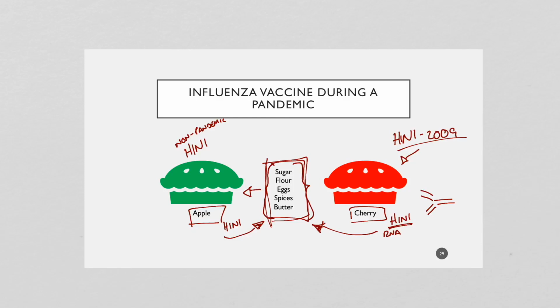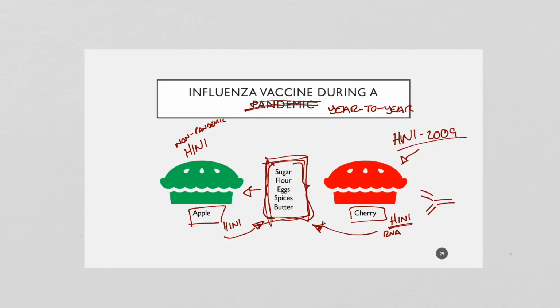You were not going to have any kind of bad reaction to the vaccine if you would not have had one to the previous vaccine, because all that was being changed is the strain. And this is not only between the non-pandemic and pandemic, this is year to year as well. So year to year, from one season to the other, this is what happens. We just go ahead and use the same ingredients to make our overall vaccine, and then we just add either apple or cherry depending on what virus is circulating that year.